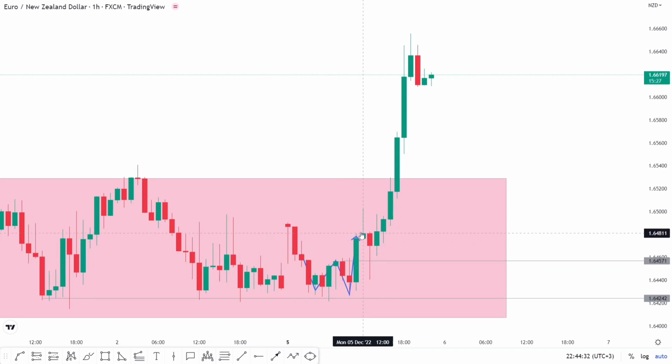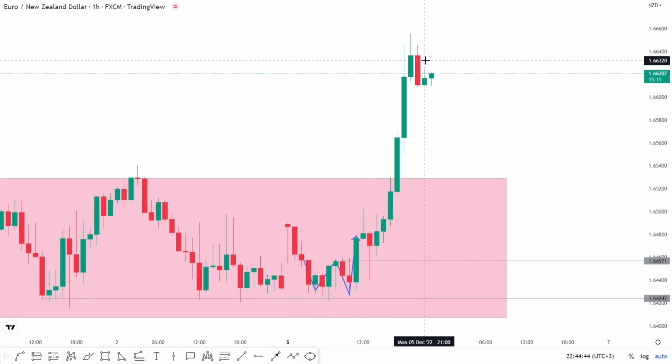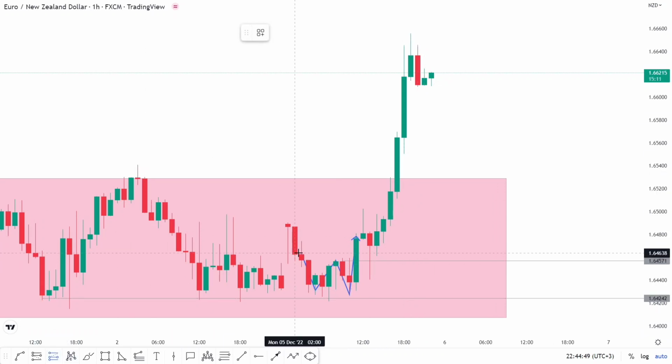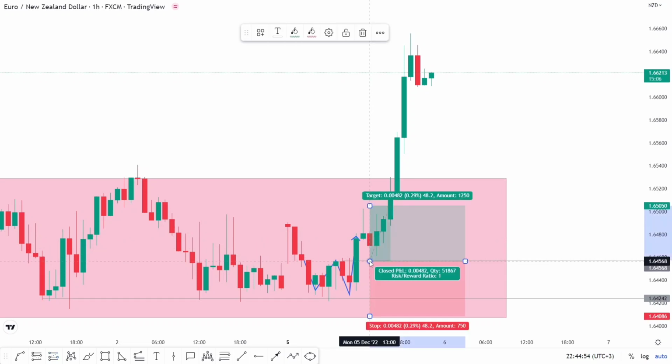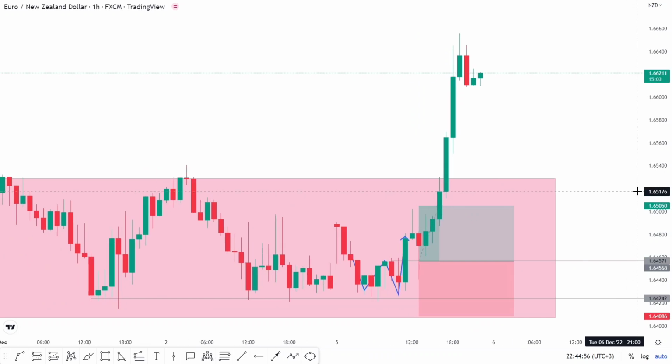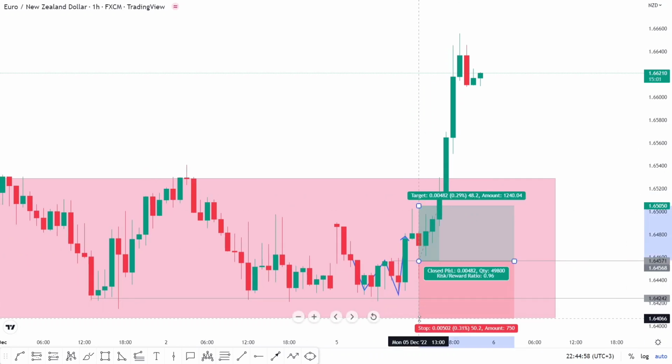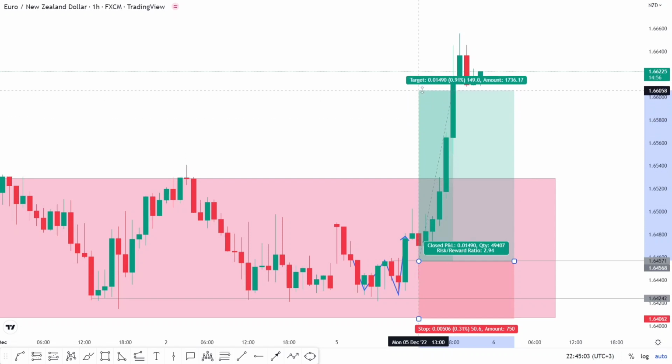Now, someone might easily come and jump and buy here, but I prefer to wait for price to retrace, because if it retraces, my stop loss becomes at a more safe zone, and I can easily get a good reward on this trade, a good risk to reward. So wait for price to retrace, and in this case, price came and retraced with this candlestick. This was my candlestick for entry. So I had my entry point there. My stop loss on this trade was roughly about 50 pips. Then my take profit was 150 pips, doing a risk reward of 1:3.